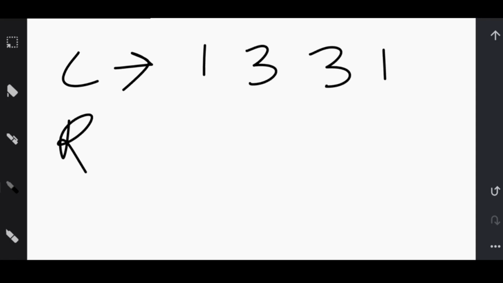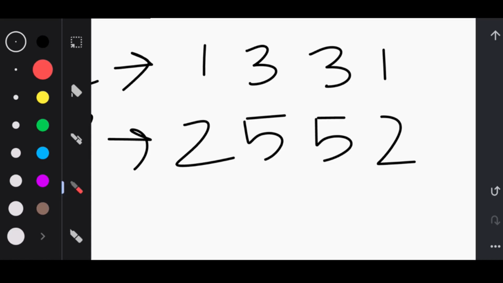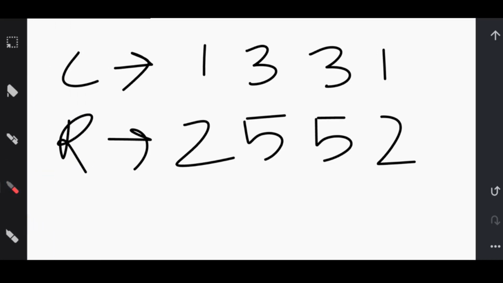So let's take example number 2, where n is equal to 4, the color array is 1, 3, 3 and 1, and radius is 2, 5, 5, 1. What we have to do is iterate from i equal to 1 to i equal to n minus 1, and check if two consecutive values of the first array and second array are the same, then we will remove them.